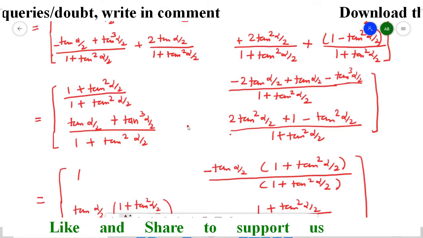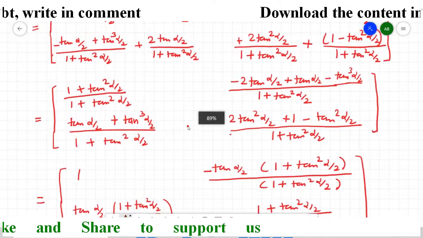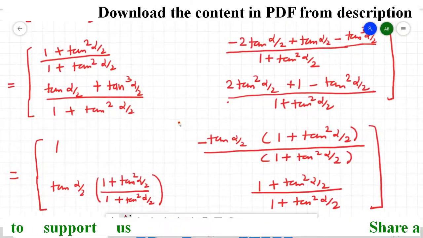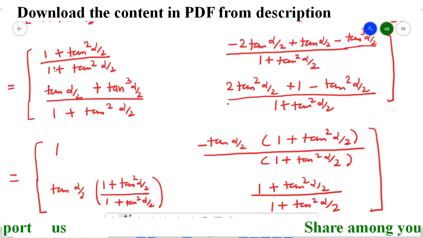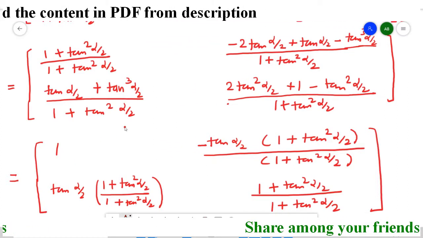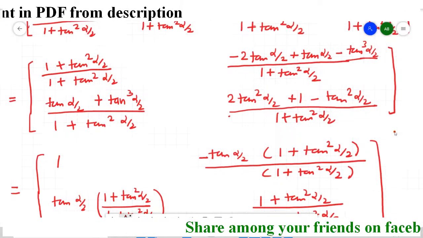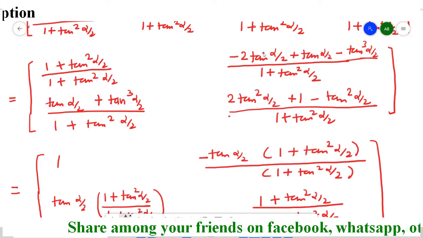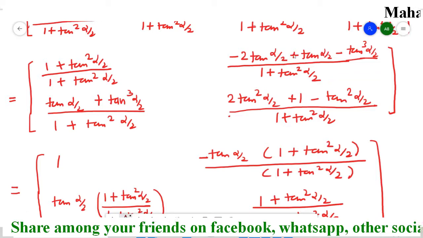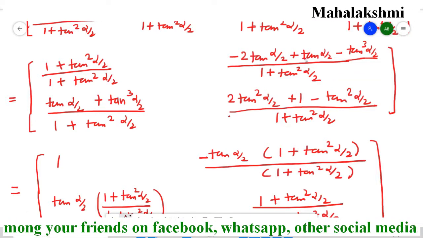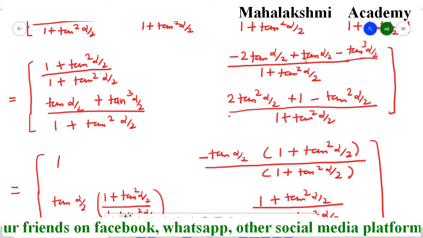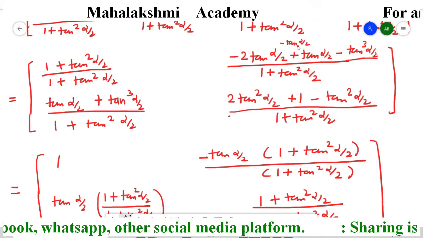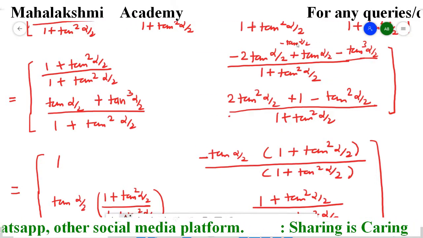Now after this, what I had done, just see here the numerator is the same as the numerator, so they got cancelled and the answer is 1. Now here these two are the same, like terms, so plus minus minus and the sign of the bigger number, their result is going to be minus tan alpha by 2 only. So this is also minus tan alpha by 2, and here also minus tan cube alpha by 2. So both have a minus sign.